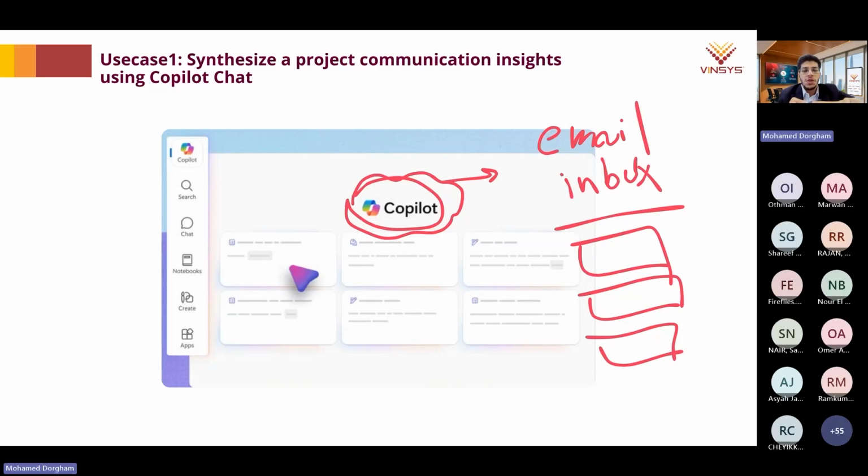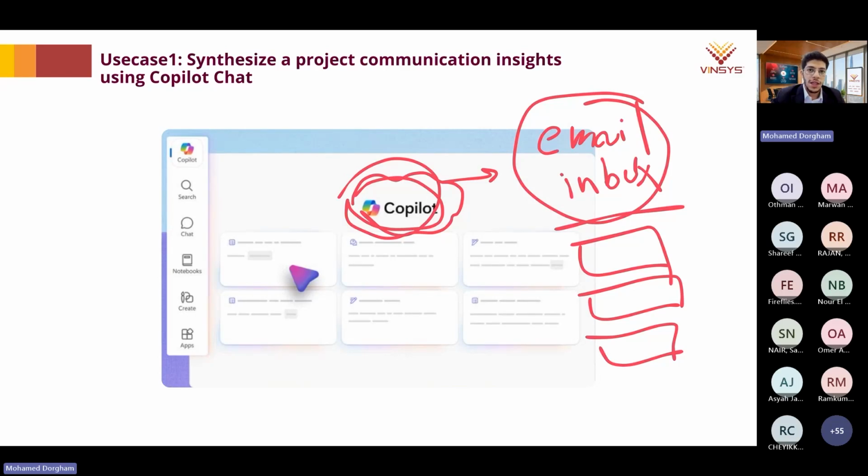Involves time spent, because you're going to go through an ongoing process of downloading the documents, then uploading, then downloading, then uploading, which is somehow a headache. Another thing is that ChatGPT cannot access your email inbox, but Copilot can really access it, and we're going to see this in detail.